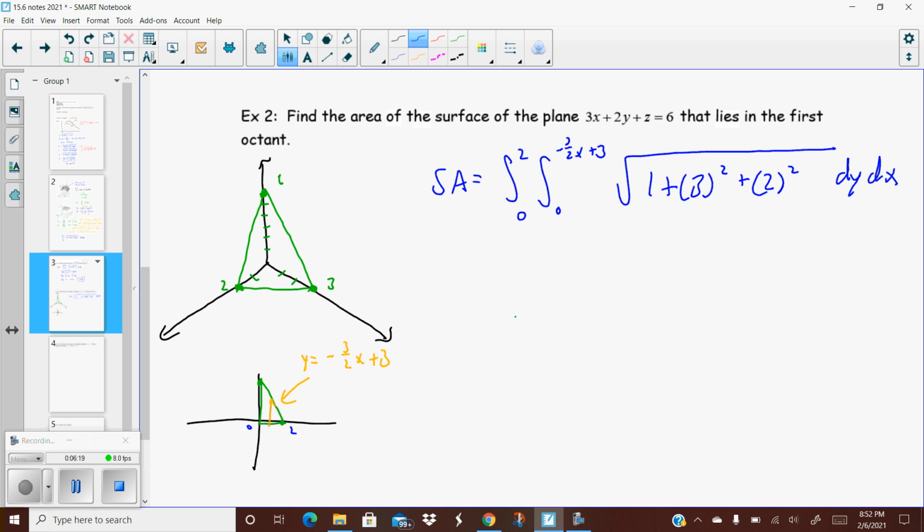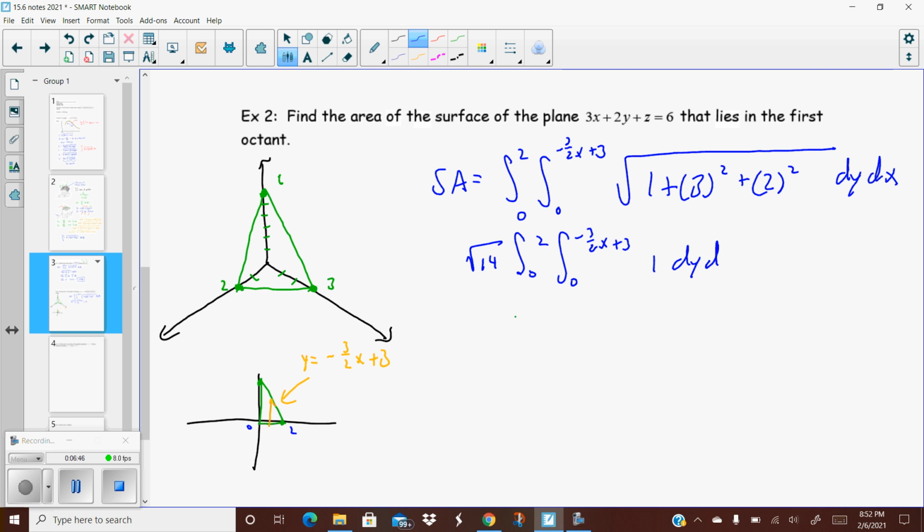Okay, not a big deal. Now, the only thing we can't do here is separate the bounds, because the bounds are not all constant. But I can still pull the square root part out front because that will be constant. So that's going to be 1 plus 9 is 10 plus 4. So square root of 14 out in the front, 0 to 2, 0 to negative 3/2 x plus 3 of